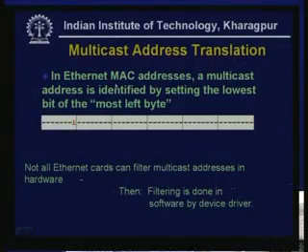Well, in Ethernet MAC addresses, a multicast address is identified by setting the lowest bit of the leftmost byte. Suppose this is 1, 2, 3, 4, 5, 6. You remember that an Ethernet address is 6 bytes long. Now, of the first byte, the most significant byte if you like, the last bit is set to 1 in Ethernet MAC addresses to indicate that this is a